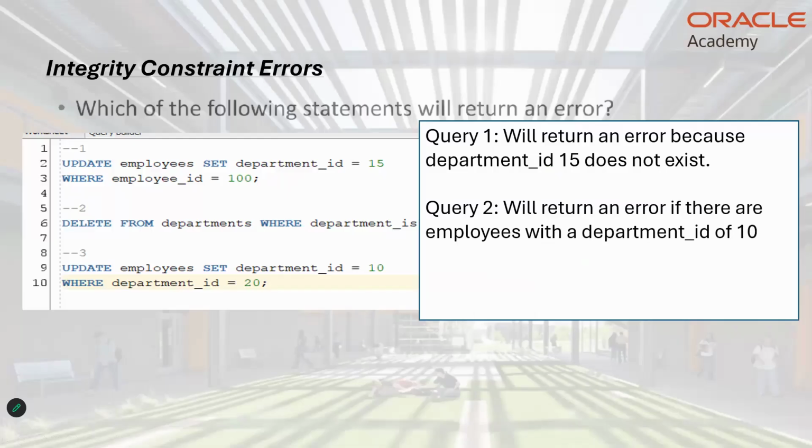And finally, and I didn't make a typo, what about number 3? Basically you're updating employees, set department ID equal to 10, so you're shifting, and we know that 10 and 20 exist. We're shifting the employees from 20 to 10. Yes or no? You're all hesitating now, right? It's not a trick question. That one will pass because